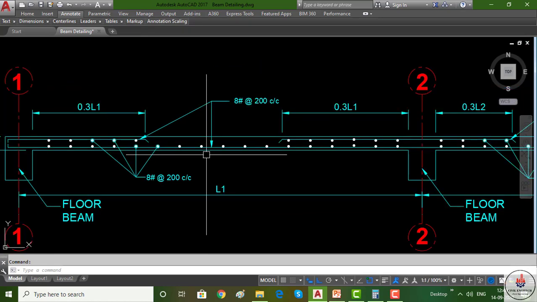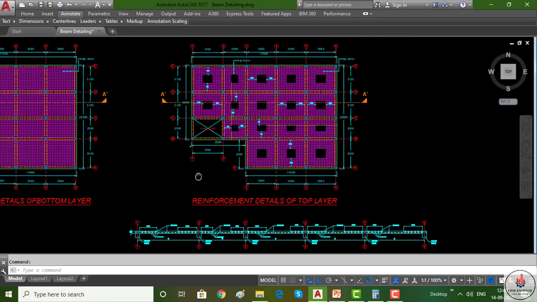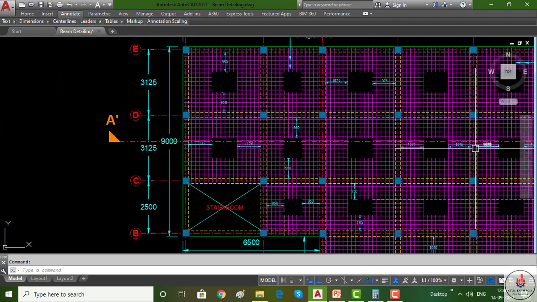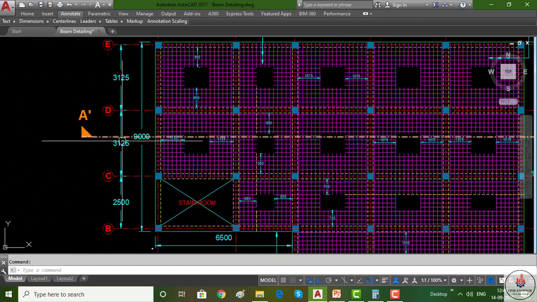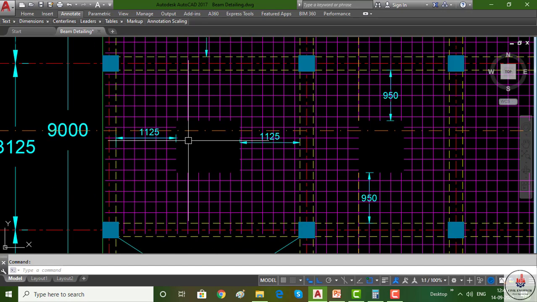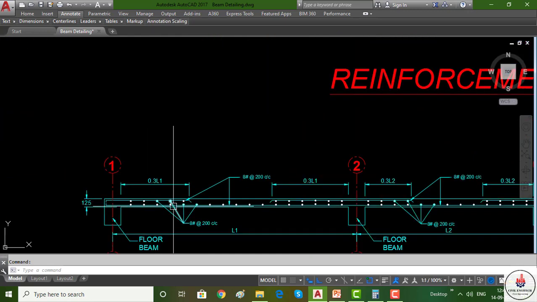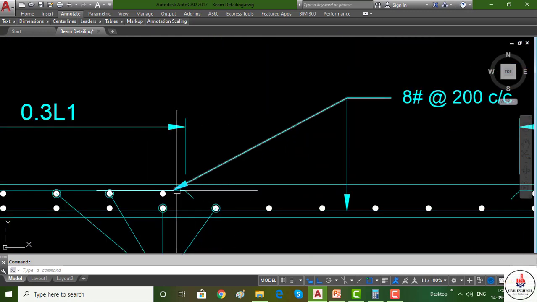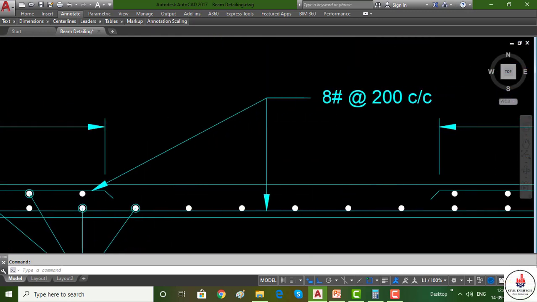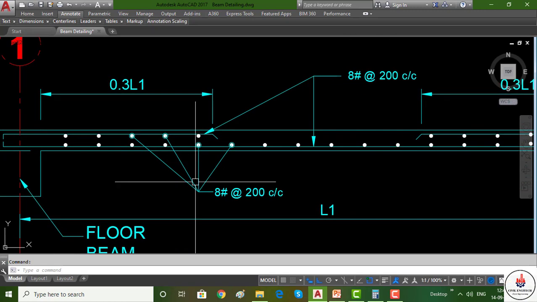Okay, as we have cut the section along the x direction, we are going to see the y direction bars as dotted and the x direction bars as line. Okay, so here it is showing that. Now these horizontal bars are 8 mm at the rate of 200, and the y direction bars are 8 mm at the rate of 200 center to center also.